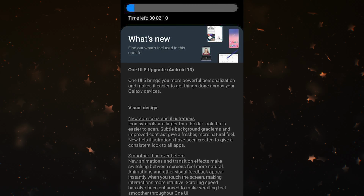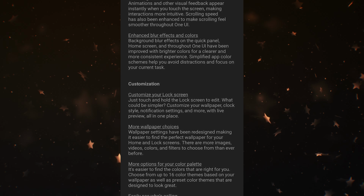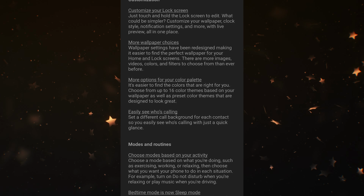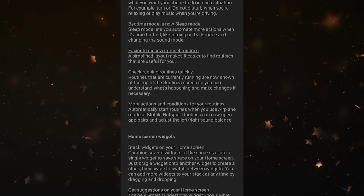The complete changelog reveals all that you need to know about the Android 13 update for your Galaxy S22 series device in excruciating detail. This is a very long list, so I'll just scroll through it for you, and later